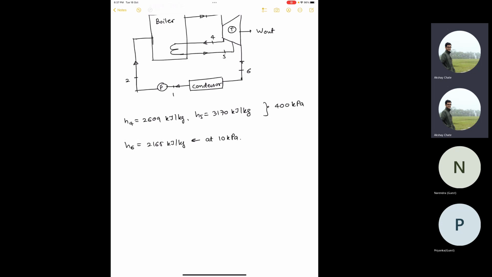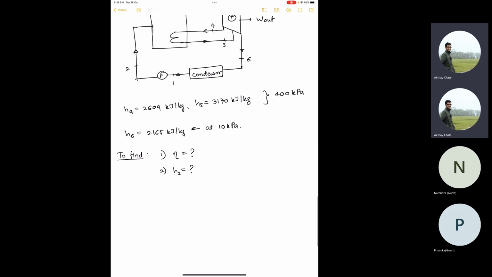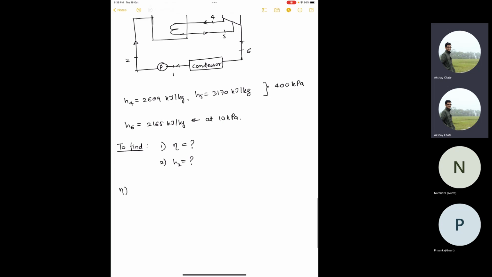And the question is, first you need to find the efficiency of the cycle, and second it was asked the enthalpy at the pump discharge. So H2, because all other values are given, H2 is what? That is the question. Now the first part should be straightforward. What is